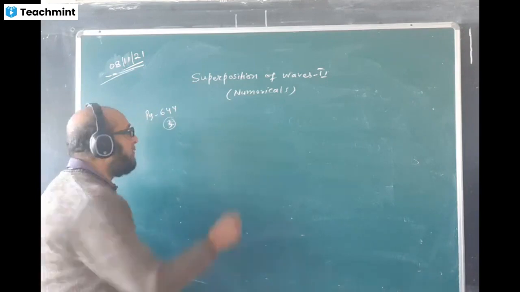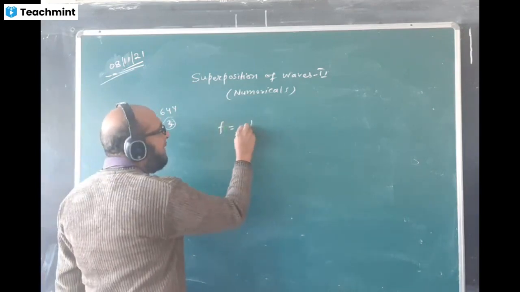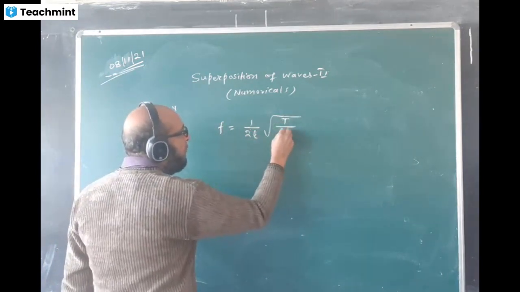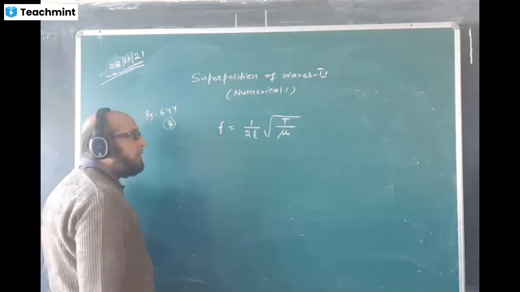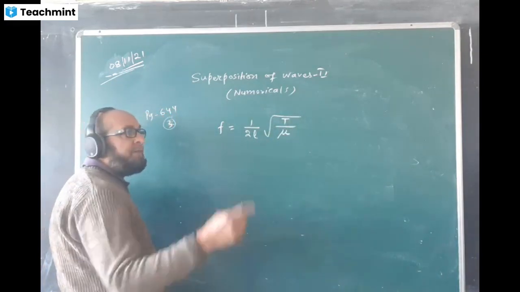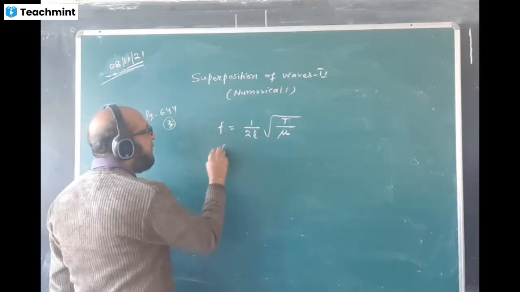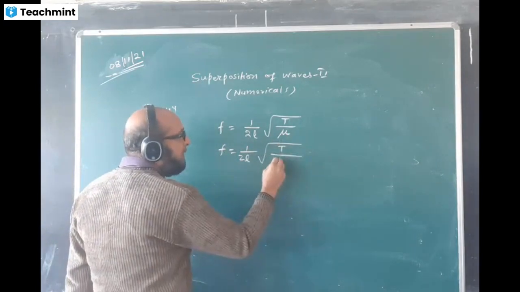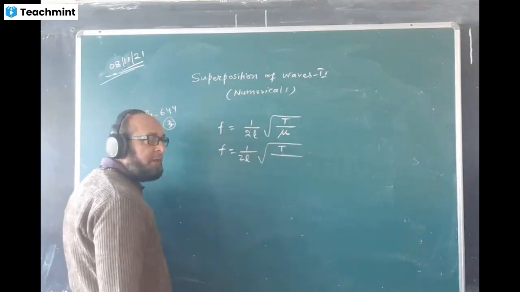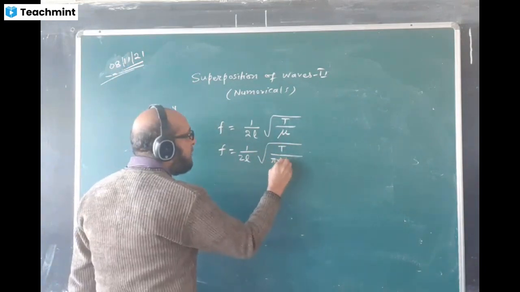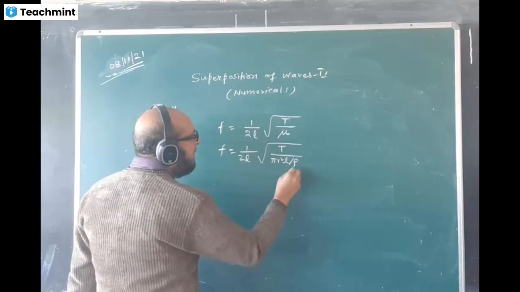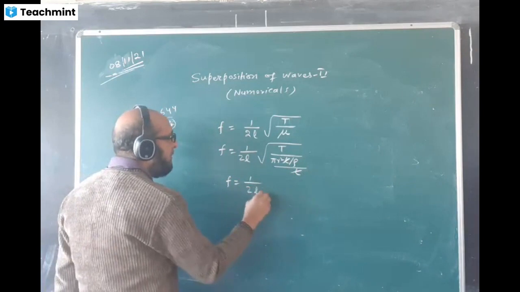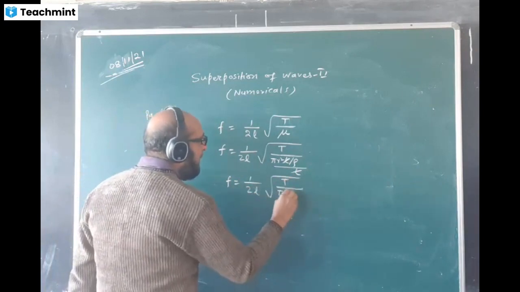Fundamental frequency is given. What is the formula of F? The F formula is n by 2L root of T by mu. So put n value 1 because it is fundamental. In the question they have given diameter and all. First we'll arrange the formula, and after that I'll put the values. Tension is given, mu is mass per unit length, but mass I will write as volume into density, and volume I will write as pi r squared L, by density, divided by length. L and L cancel. So you get F is equal to 1 by 2L root of T by pi r square rho.